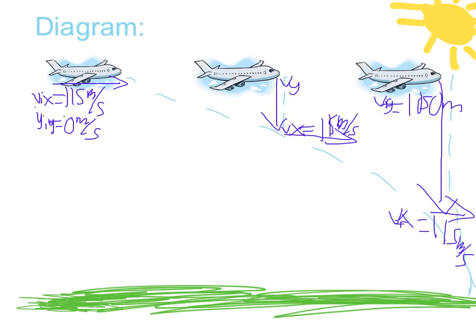Now that we have our problem, it's important to start by drawing a diagram. So here we have our airplane, and we have it in 3 different spots as it's flying in the air. Right here, we have it initially before it releases the care package. So its velocity in the x direction is 115 meters per second. And then in the y direction, the care package hasn't been released yet, so it's still at 0 meters per